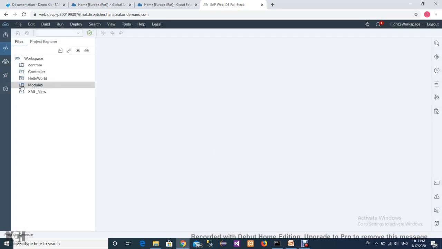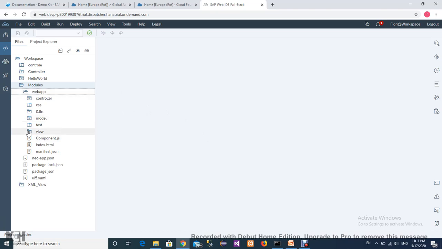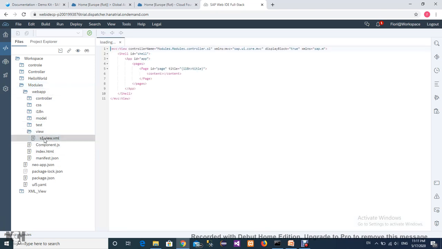Okay, go in our project web app, go to overview, S1. Now here create one button control. Give name it as say hello.